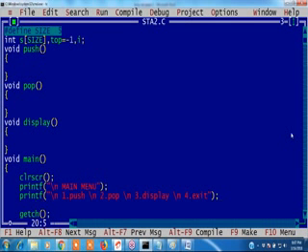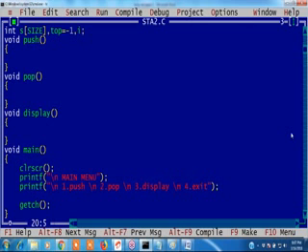Here it has to ask which operation you want, right? Printf, select your choice, which operation you want. Okay, how to take the choice?